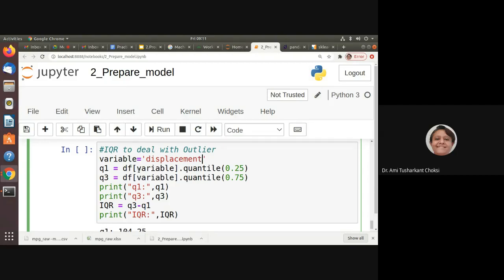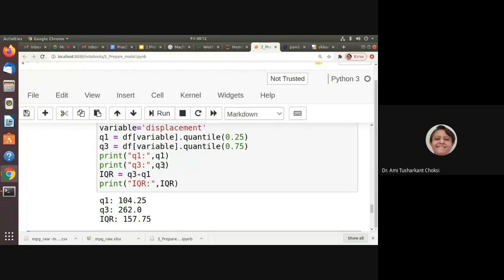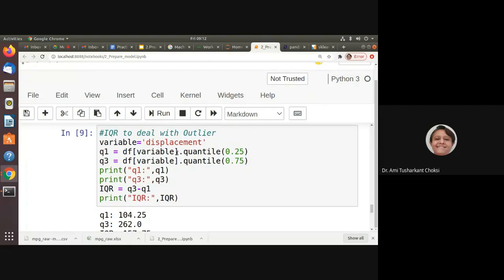Now Q1 is equal to df of variable dot quantile 0.25, so we are taking the 25% quantile, and then we take the 75% quantile for Q3. Now we print Q1, our first quartile, and Q3, our third quartile. IQR is equal to Q3 minus Q1, and you can see the difference. This is the method by which we can find Q1 and Q3.